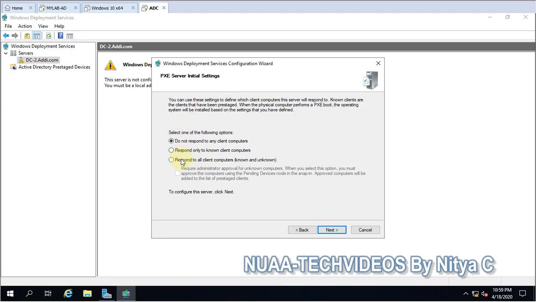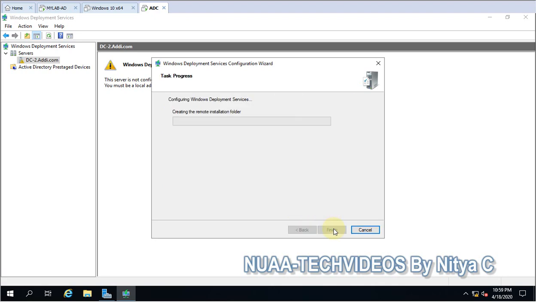I'll go with this one, but in your infra you can go for any, and these options can be changed later also. Require administrator approval, yes. The security level is there, the approval is required, so without approval it will not proceed further. So I'll go with this option.